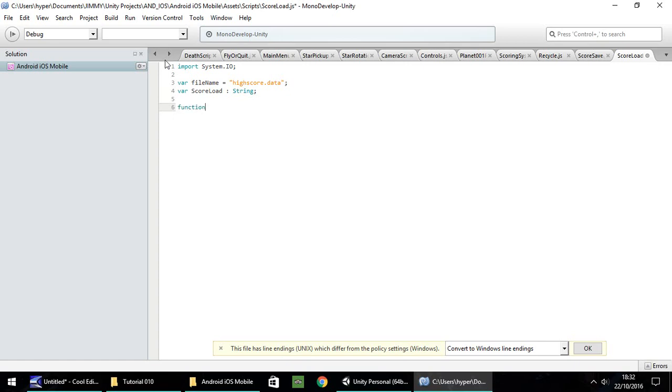So function start, open close bracket, open curly bracket. You know by now, we've done it that many times. So we're going to need to set a variable, and I'm going to kind of cheat a little bit with this one. I'm just going to call this SR. It's short for stream reader. I'm going to keep it lowercase as well, just so then we know what we're doing here. So var SR, and that's of type stream reader